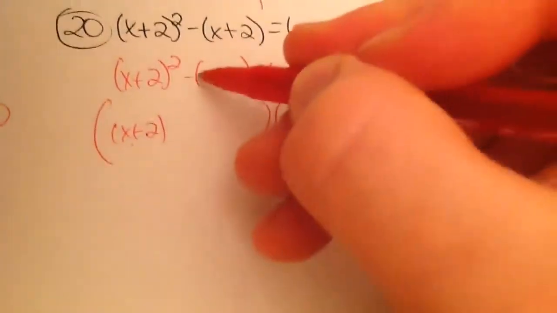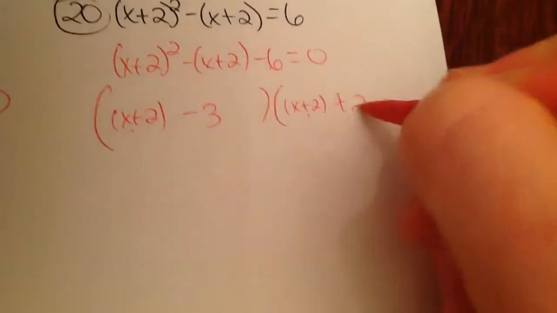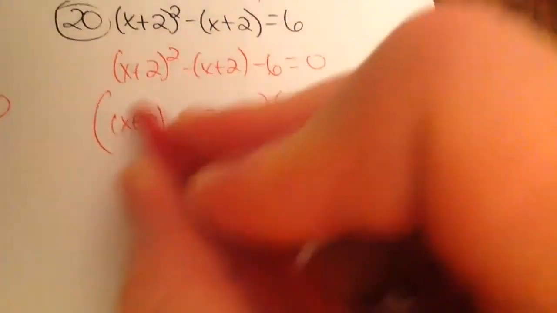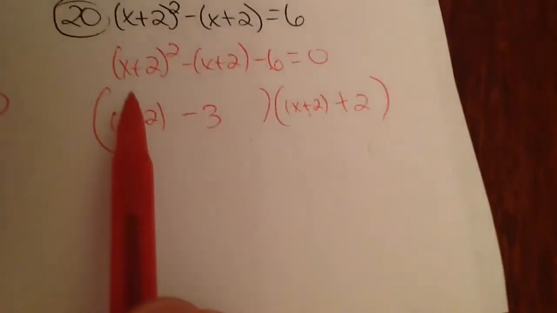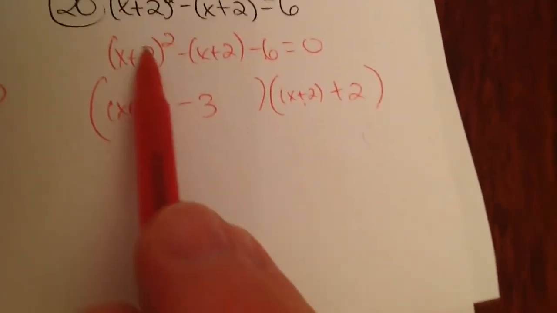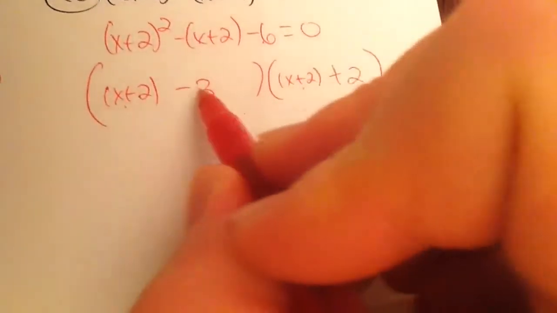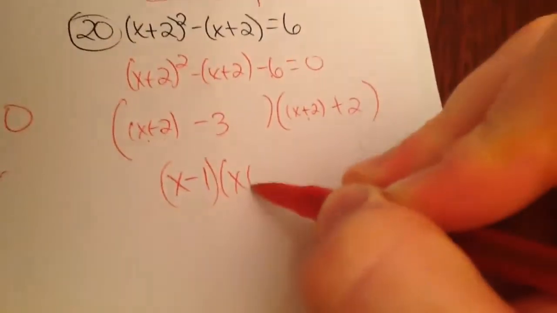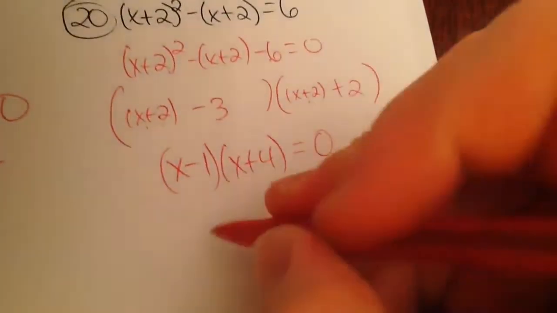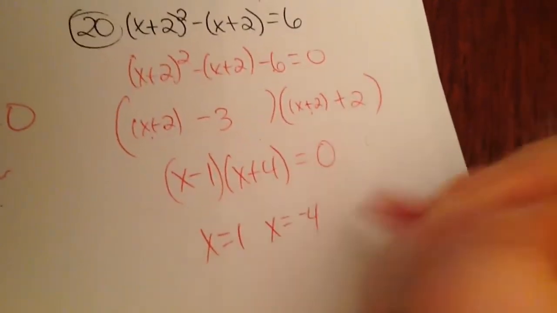because x plus 2 times x plus 2 is x plus 2 squared. Multiply to negative 6, and there's a negative 1 in front of that, so add a negative 1 would be minus 3 plus 2. I can combine like terms now, because those parentheses, I just put them to separate it to show you it's this thing, and then this thing again, just kind of helps you see it. But now that we're done with that, positive 2 minus 3 is x minus 1, and then 2 plus 2 is 4, something like that. So we get x equals 1 and x equals negative 4,